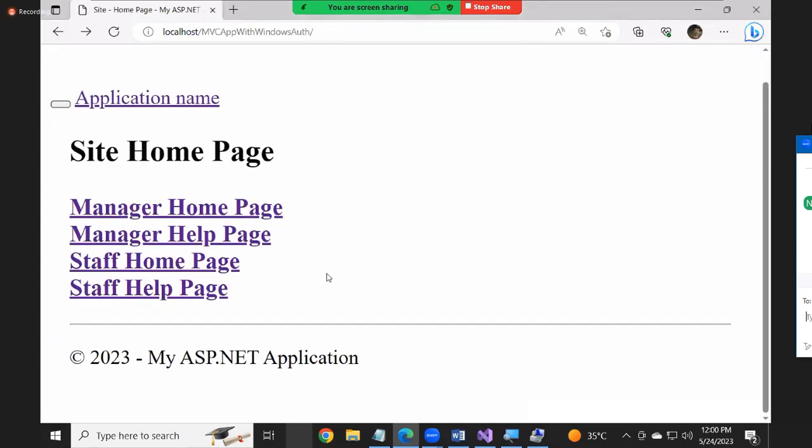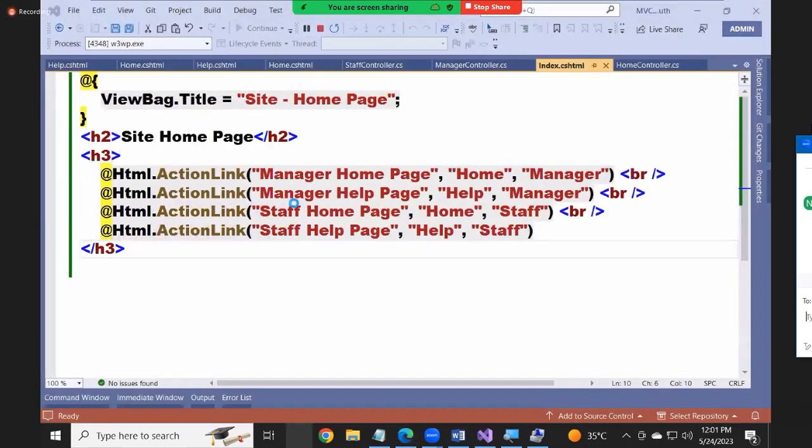Okay, so understood the concept? See, suppose tomorrow I have 10 action methods in my code. I want to run 8 methods in authorized authentication, 2 methods in anonymous authentication. Now on the top of all the 8 methods, I should write authorize and give the list. That becomes a lengthy process. Yes or not? To resolve it,